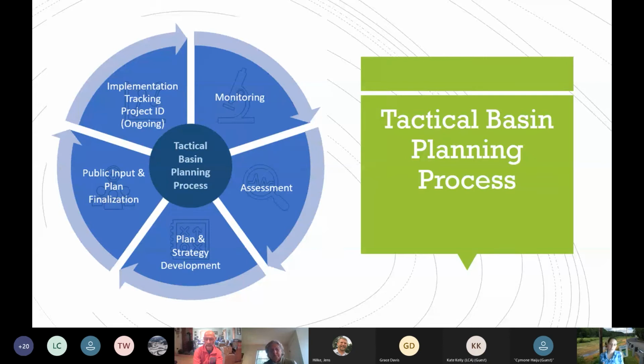So remember that list I told you about? We have that list that identifies all the different strategies we're going to do. This is where we're going to do them. These are who our partners are. And this is where we think the funding can come from, and we also include towns in that list. During that 5-year time, we are implementing those actions and then tracking them so that when the next plan comes up, we can say, this is how much we've completed since the previous plan. And that's what we're doing in the Lamoille right now.